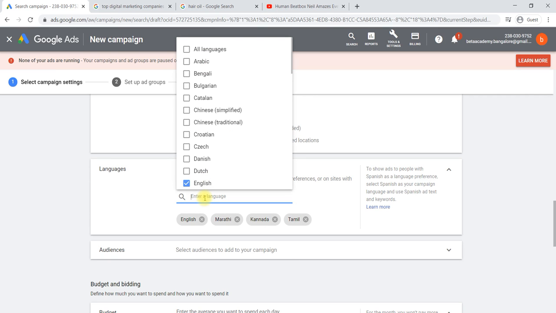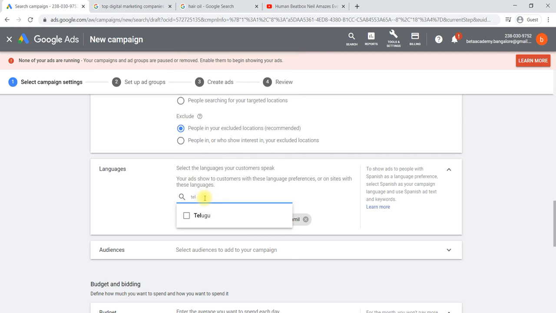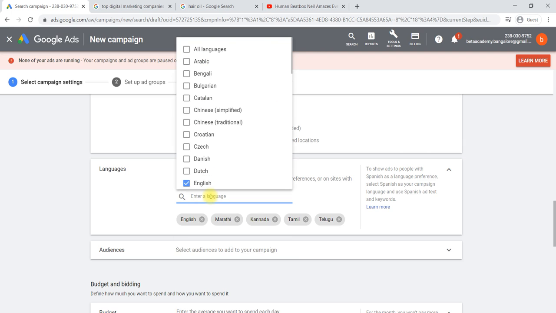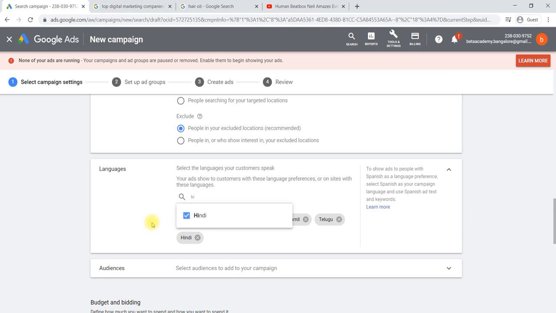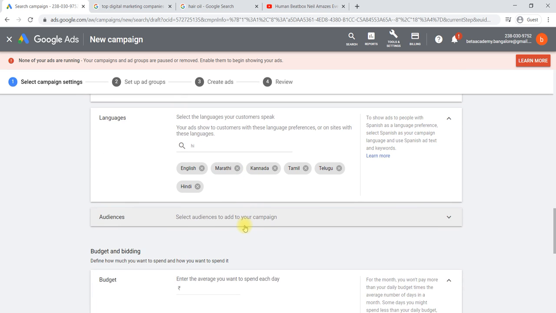Then we will select Telugu. Like this, the regional languages also we have selected. Even Hindi also we will select, so that all major languages are selected. Okay, where we have targeted, in that target we have selected the languages related to those targeted locations.